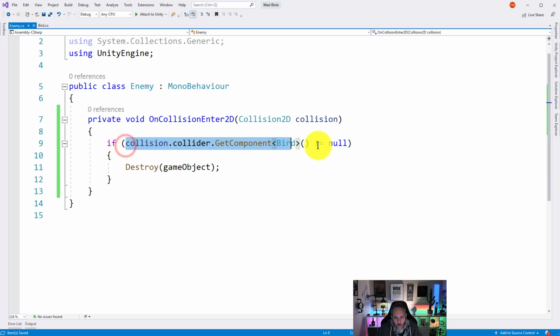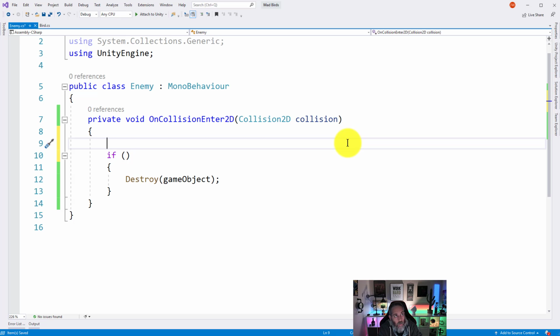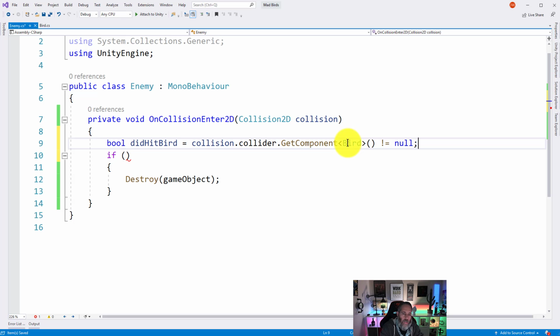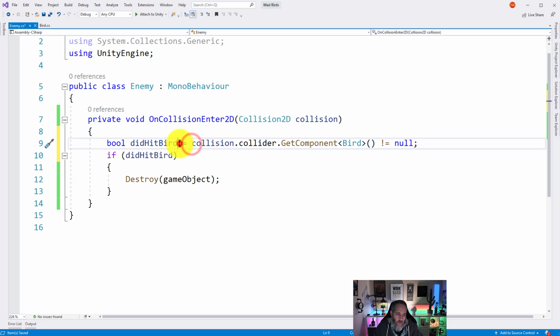In fact, we could even write this a little bit different. So I'm going to take this little bit of code and hit Control X, and I'm going to add in a variable here. So say bool didHitBird equals, and we'll put in the GetComponent is not equal to null. And then we'll say if didHitBird, then destroy our game object. So here we're just representing the same bit of logic in another way that's maybe a little bit more readable. Another way that we could represent this too is to say